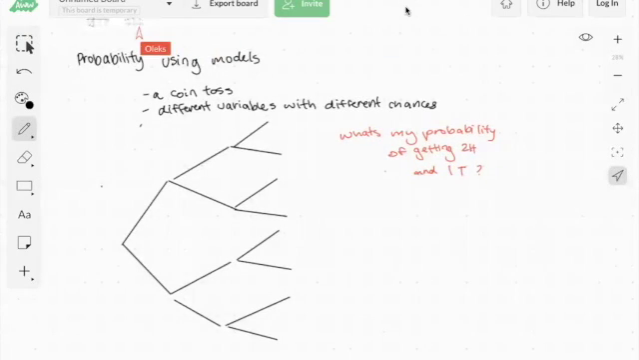Hi everyone, we're going to continue with IM2, and in this video we're going to do chapter 3, which is mostly probability, and then going more into trigonometry and stuff like that. So we're going to start off with probability, and we're going to use models to demonstrate how basic probability works. The most common form of probability everyone's probably seen before is a